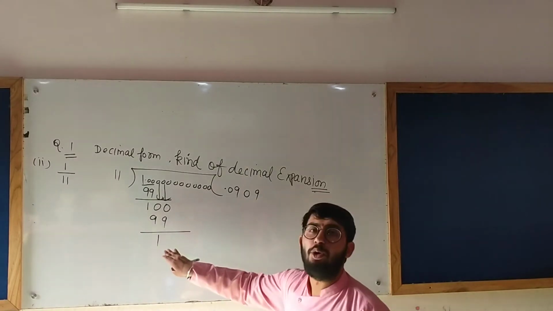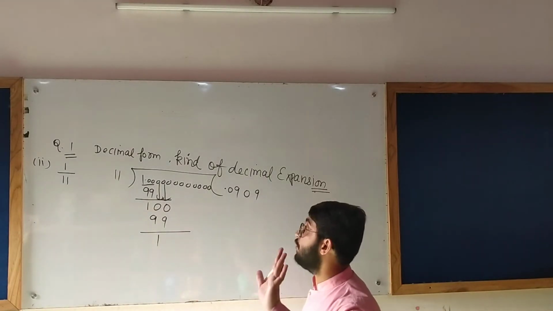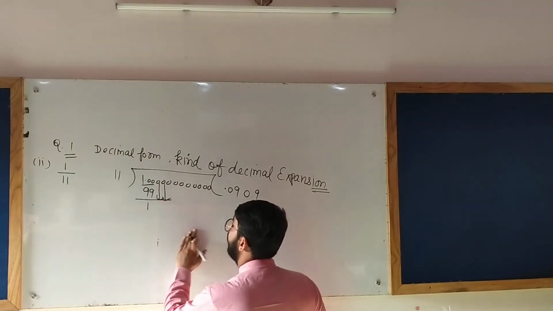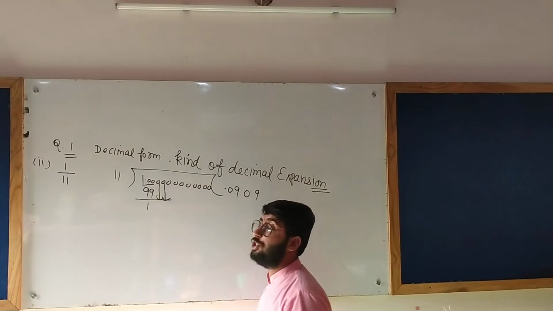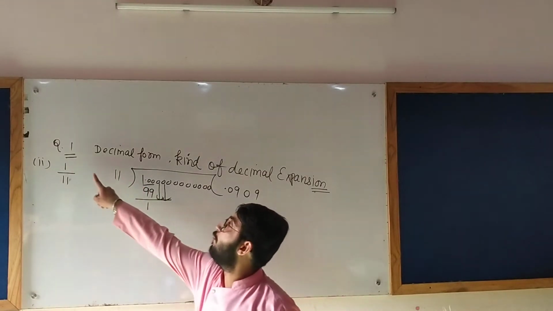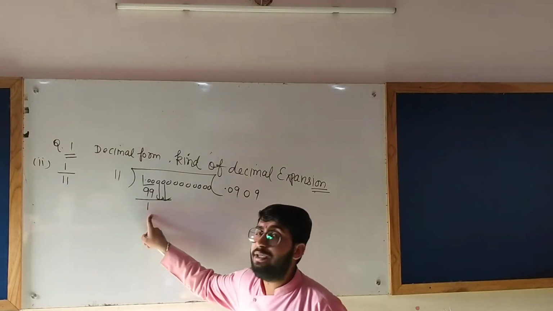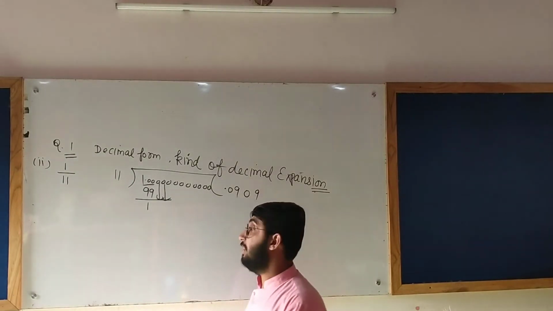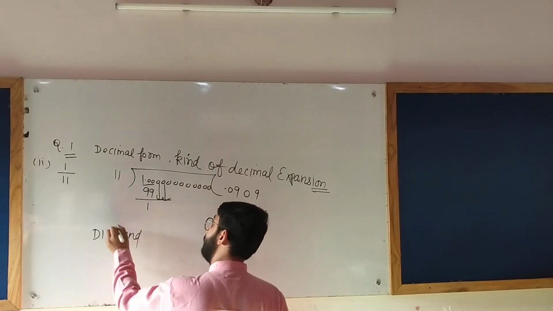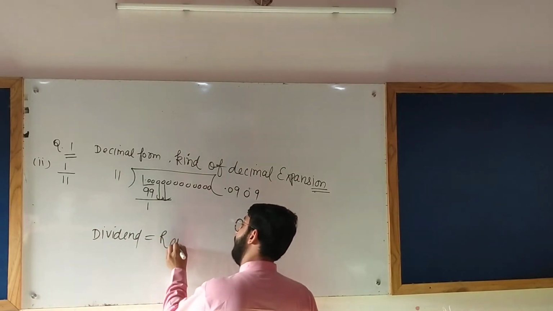So you just need not do it ahead. You can also stop the question here. Now you will ask me, sir, when can we stop the question? Whenever the dividend was 1, what was the remainder? 1. Whenever the dividend equals the remainder,